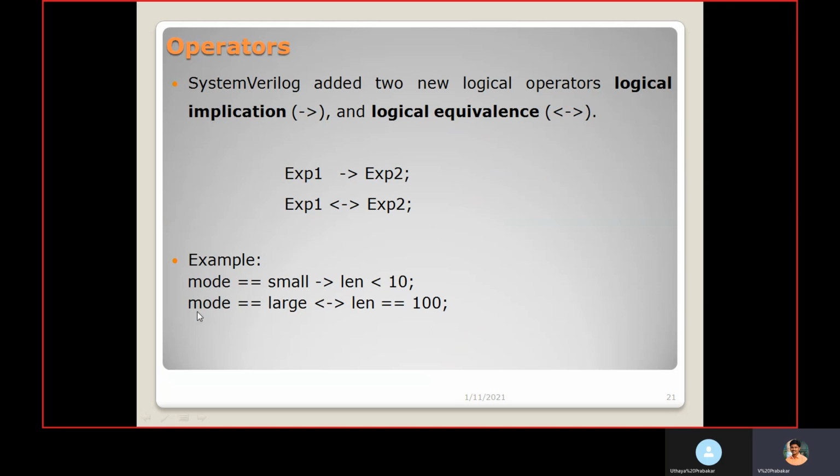In another example, when you fix mode as large, the length should be 100. Or else when you fix or assign length as 100, mode should be large. So this implication and logical equivalence are used in constraints, which we will discuss later.